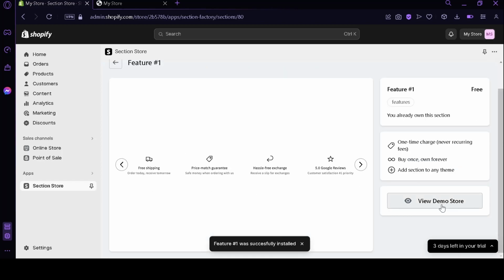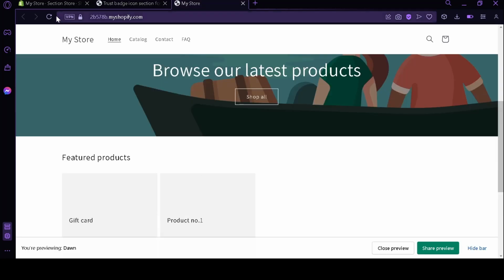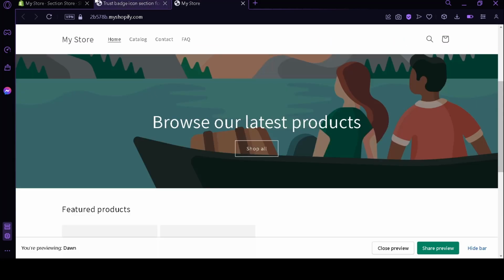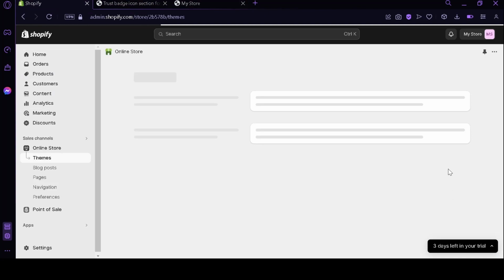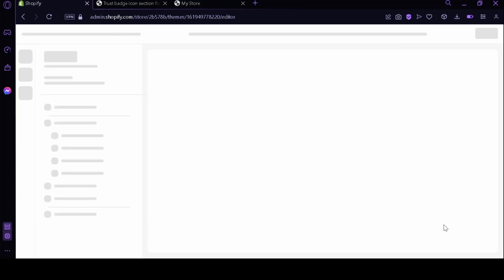This is what it would look like. Click on view demo store. And this is what it would look like on your online store. Supposedly, you will have this badge over here that signifies or implies that your store is trusted. Now, I'm not sure why it's not appearing on our customization page, but hopefully for you guys, you will be able to find it. But that is the process of how you will be able to add the trust badge